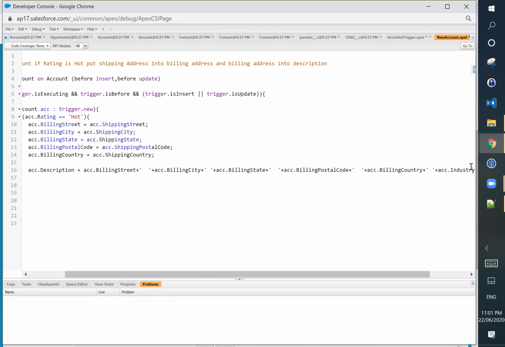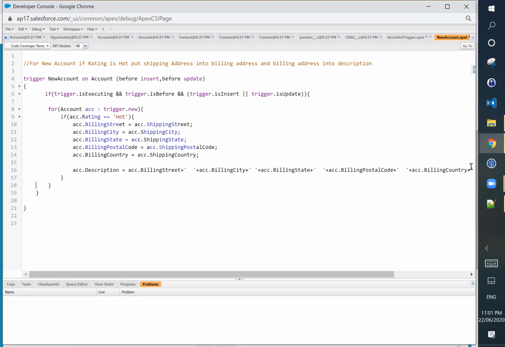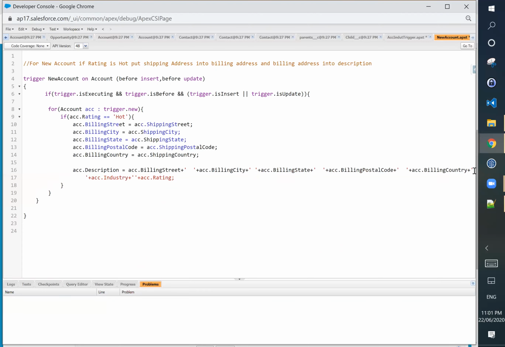So practice making different scenarios, whatever comes to your mind, because now you are a developer and there's no foundation except the governor limit. So make different scenarios. You know why we use the before trigger, so that you have a hold over it.